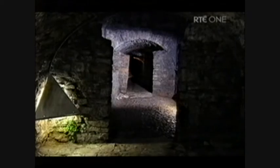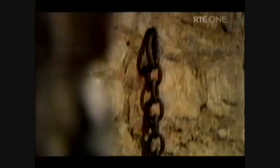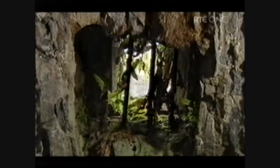And is there any remains of that? Downstairs in the dungeons, sections of it from Grace O'Malley's time, yeah. So there are prisoners here. She was a pirate, of course. She was a pirate. So who did she lock up down there? Well, I don't know if she locked up anyone, but...